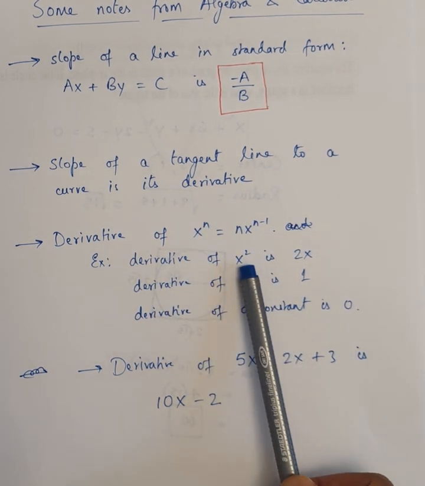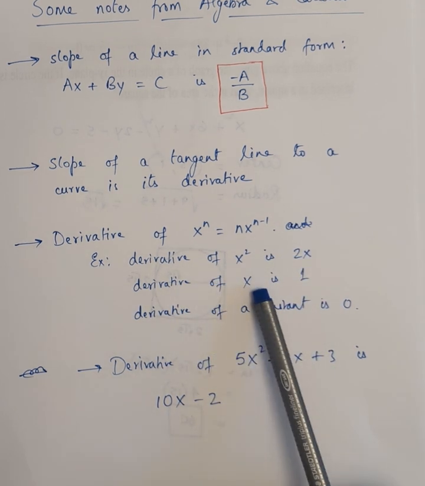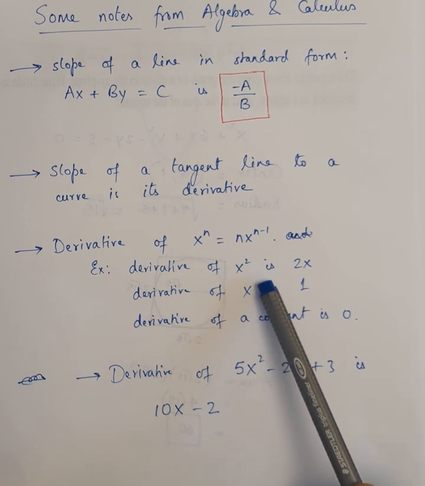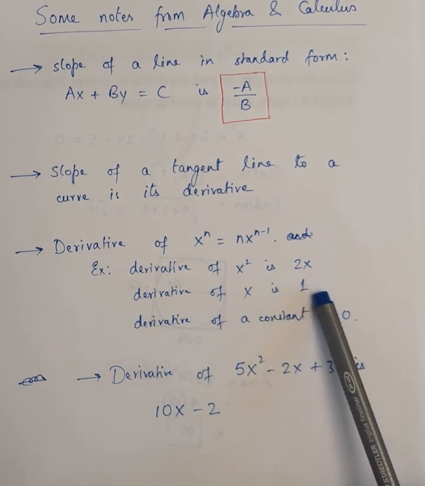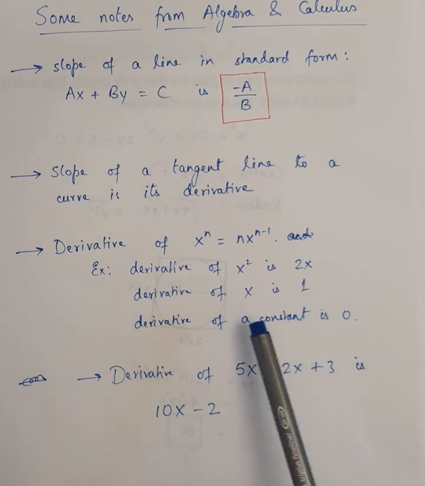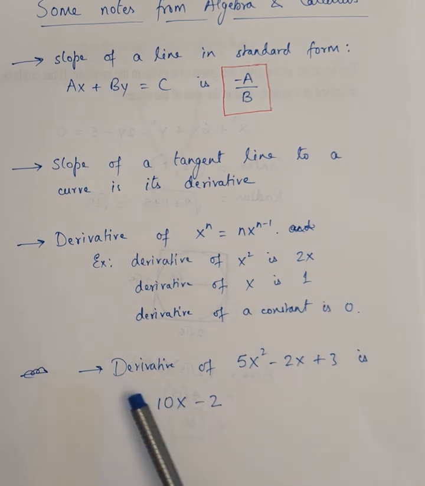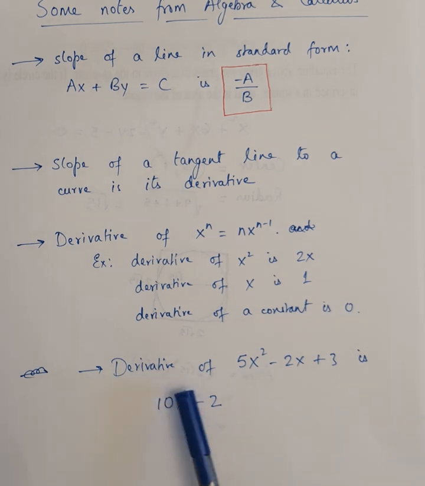So x square's derivative is going to be 2x, and derivative of x, because x is simply x to the 1, this is going to be 1, and the derivative of a constant is going to be 0, because constant means you have exponent of 0. Now, there's some other thing called linearity of derivative, and we'll not get into that, but I'll just tell you